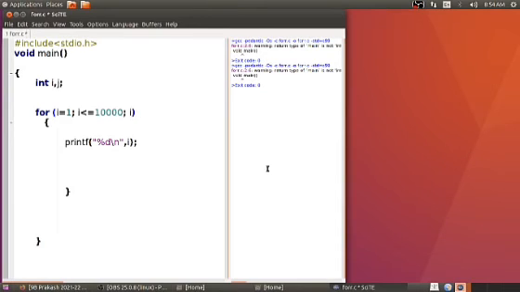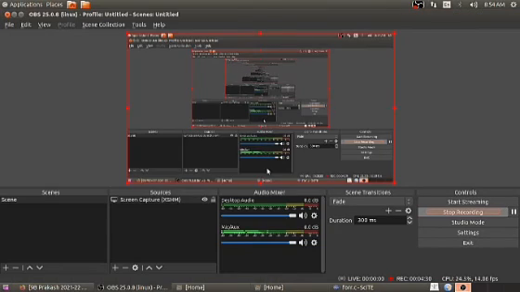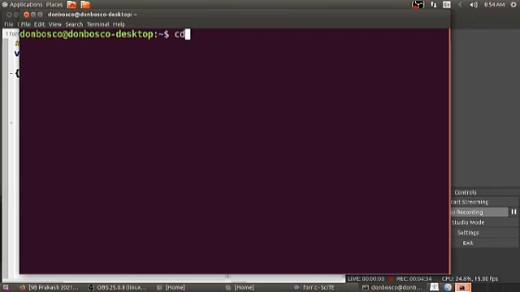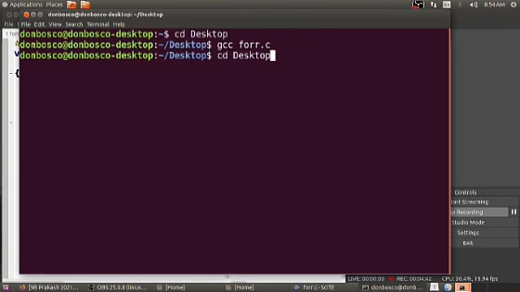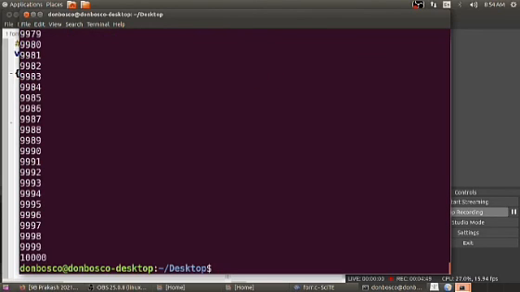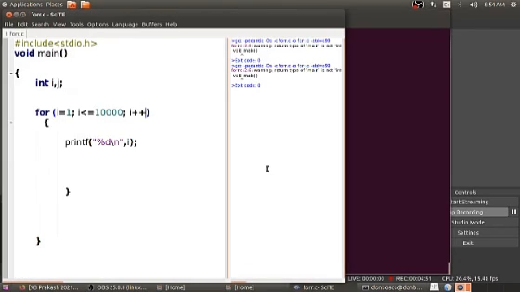I have to again call the terminal now after doing the necessary changes, i++. cd space desktop, ls space -l, gcc forr.c, output command, and you can see 1 to 10,000. That's why it is